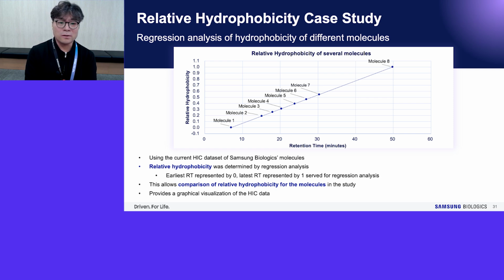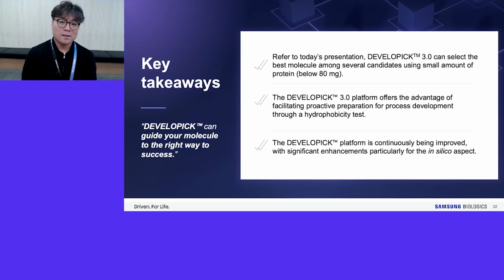For this evaluation, we use the HIC analysis method, and we have a specific HIC result database to compare with the target molecule. So using Developability, we can evaluate the molecular characteristics using various tools to know the molecular process development feasibility